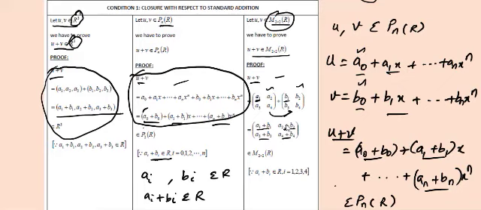Okay, and again it belongs to M2 cross 2 of R. Why? Again it is a 2 cross 2 matrix. Over R means these four elements will be real numbers. Again the argument is the same. Addition of two real numbers is again a real number. Okay, next we go for the next condition. This is condition number 2.